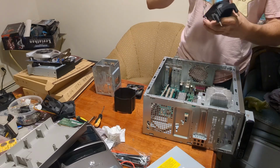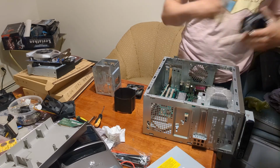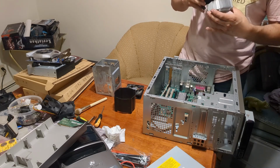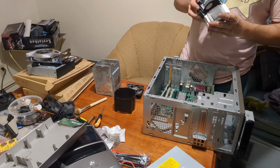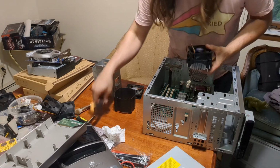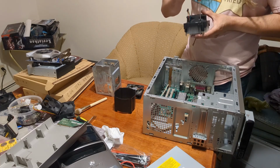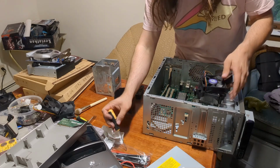The top, just real quick. I already kind of cleaned the sides with the sponge, but I couldn't really get everything. There it is. So I don't think there's a wrong way to assemble this, so we're just going to go ahead and put it back together. Not really sure why I'm putting so much effort into this PC,